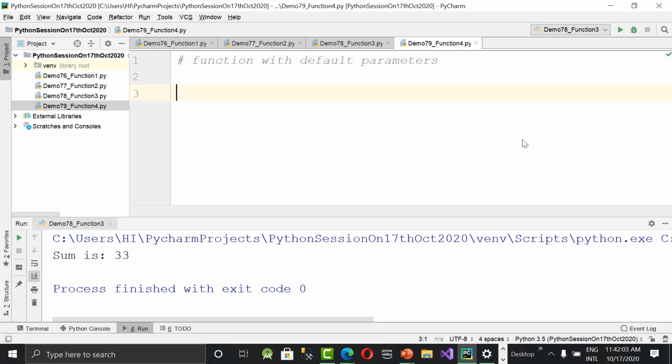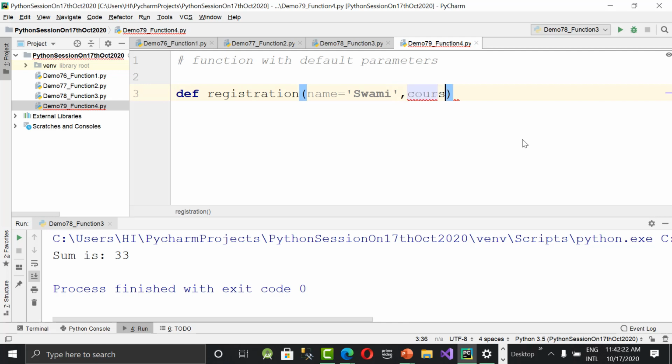Registration is my function name, and I'm giving the name of the student as Swami, and then course is equal to Python.